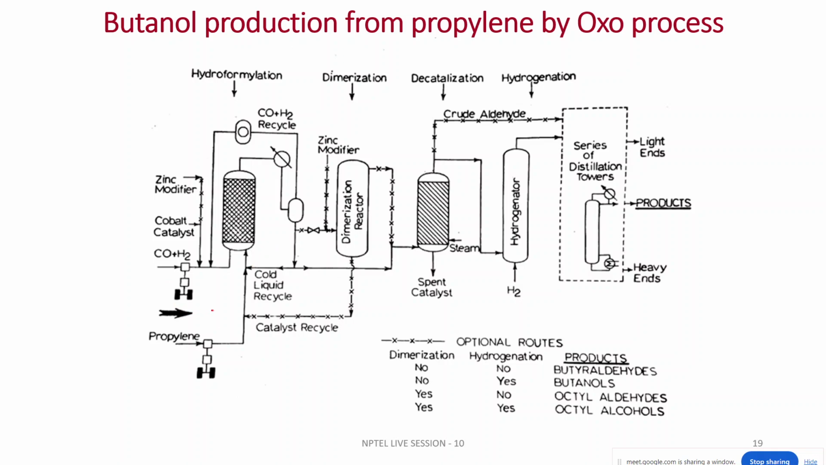Now it is compressed up to around 250 atmospheric pressure and sent to the reactor. But the cobalt catalyst is used for the step of hydroformylation. Cobalt naphthenate is also added to give 0.5 to 1% cobalt in the solution. After the reaction, the solution is taken out and sent to the dimerization reactor,